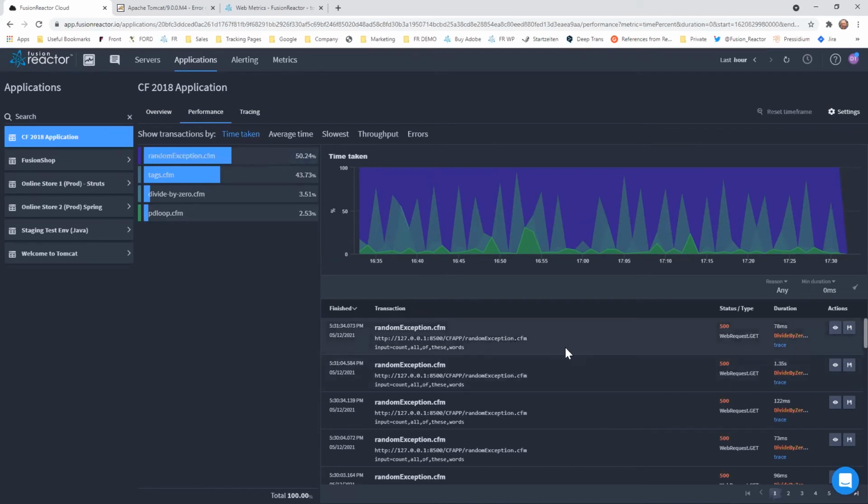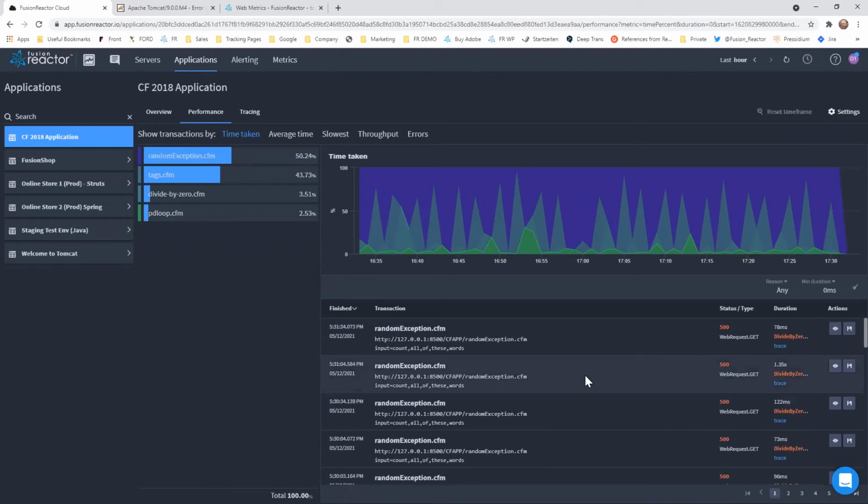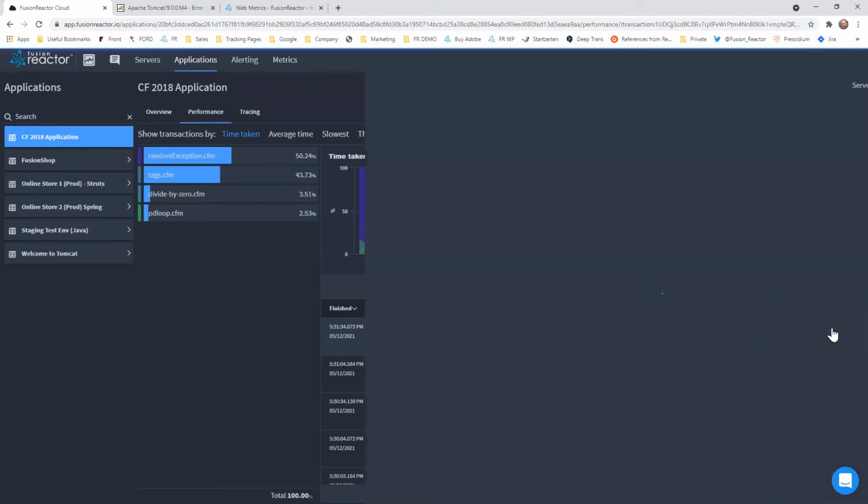And down below here, what you're actually seeing at this point, these are all so-called interesting transactions. So we're only showing transactions here which either threw an error or were particularly slow. And I can see in this particular example here, I've got this random exception.cfm. And if I drill into that